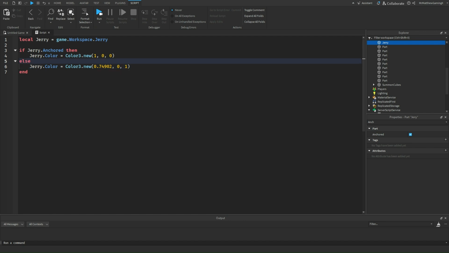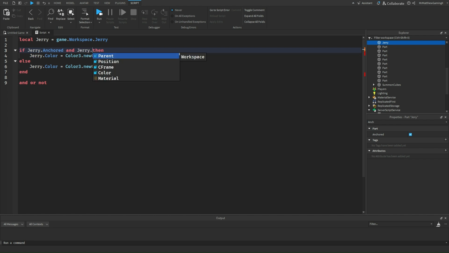Now, there's extra things that you can add to your if statements to kind of spice them up a bit in case you do need that. And I'll talk about all of these together. There's and, or, and not. All of these can be put in here to basically add to your conditional statement. So if you want to check for two things to be true about Jerry, then you can put an and. So if he's anchored and his name is Jerry,